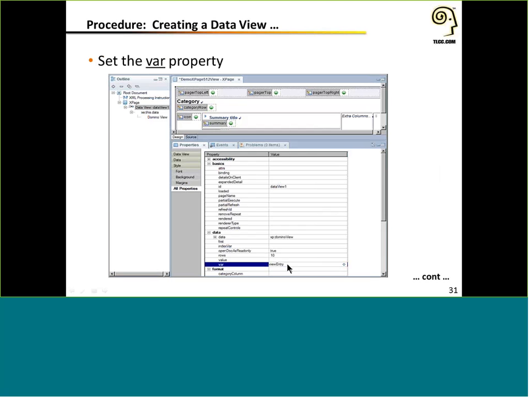Essentially, the var is necessary if you need to read any data off of the underlying view entry and compute something in your display. So it's not necessary for a data view, but if you're going to customize anything or compute anything, you need that var because that's your handle to the underlying entry. So in this case, we've set our var and we've called it viewEntry, and we'll see that come into play momentarily.